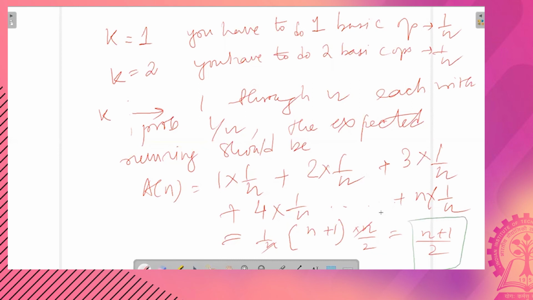Now note that we have only partly done the complexity analysis. Now the second part is where we assume that x may not be present in the array S. So here we have two events.